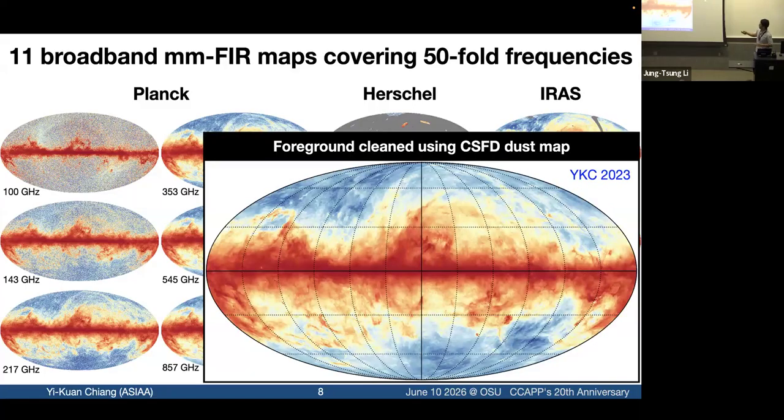And of course, visually, you see that all these maps are dominated by Milky Way foreground, so I need to clean the Milky Way. I actually spent 2 years making entirely new dust maps to be able to do this foreground cleaning robustly and try not to kill my signal of CIB in the background. And just cleaning the Milky Way with this template is not enough.